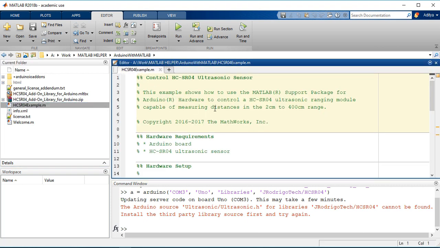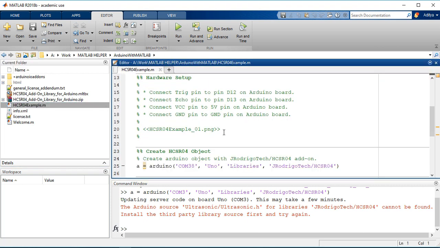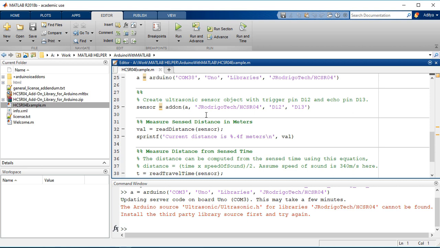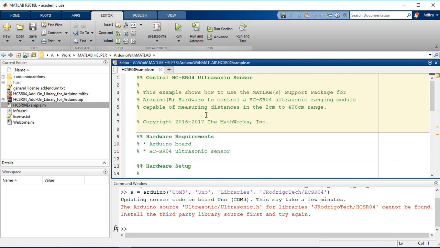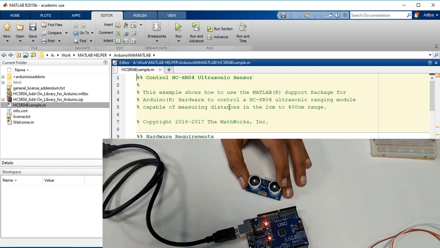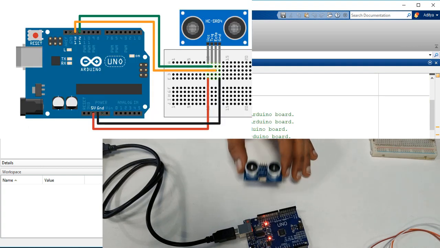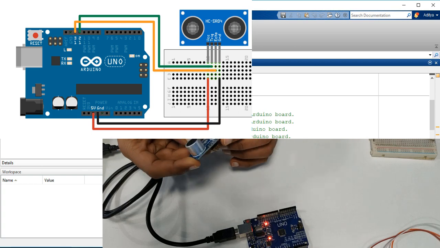Let's say it says like the hardware setup and all, but before that we need to check if everything is proper or not. Before proceeding, it might be that we have not actually connected the hardware, so I'll connect the ultrasonic sensor with Arduino, and to do so, you can read the guide over here. There are 4 pins coming out of the ultrasonic sensor, as you can see. One is the VCC, the trigger, echo, and the ground.